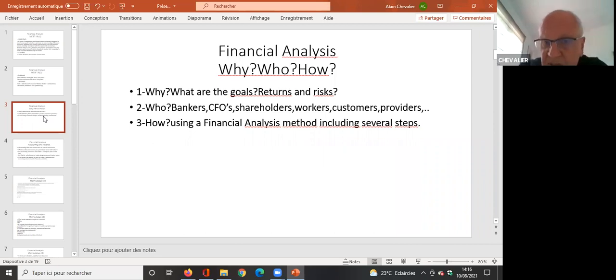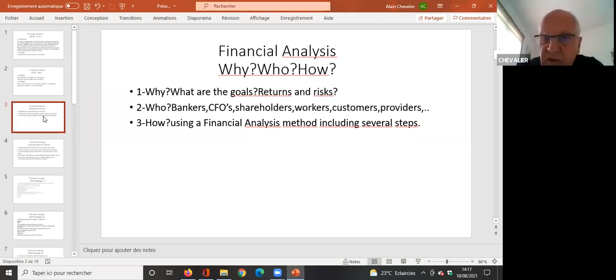In many countries now, you find workers interested in financial analysis because they are also shareholders, or because they want to get some kind of knowledge of the risk for their employment, and the unions or association of workers are running financial analysis to estimate the risk for the workers, in the reduction of number of employment and perhaps in the sale or